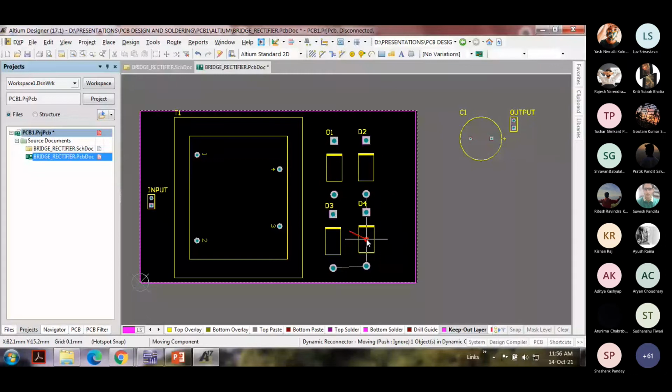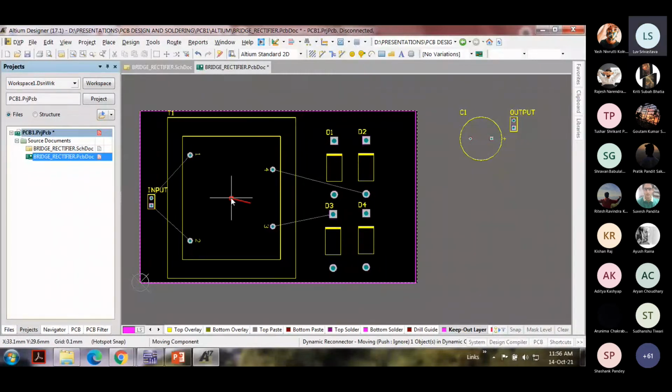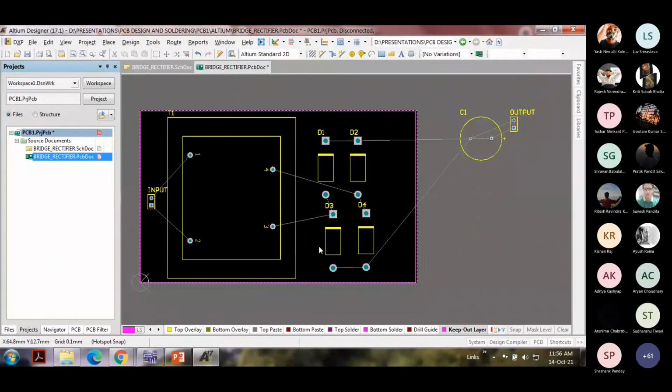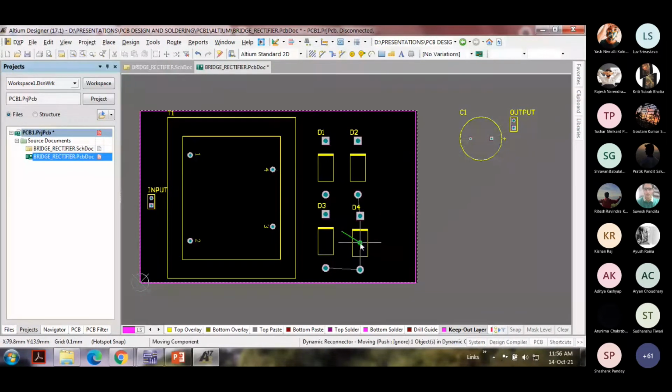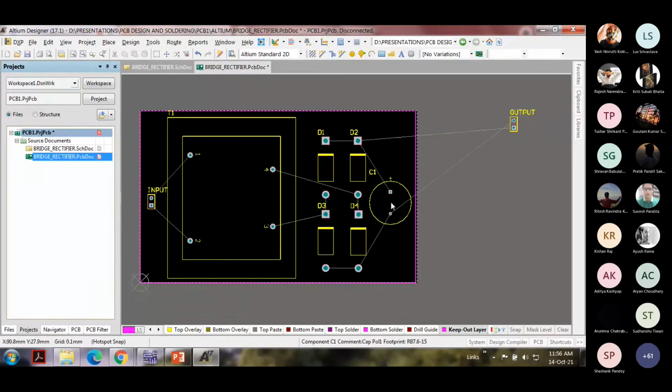Now there is no space for us to put the capacitor. So I'll have to change the dimensions of the board. Well, I can do it here, not a problem. But it will be a very close fit. Let me do that. See if it is possible.